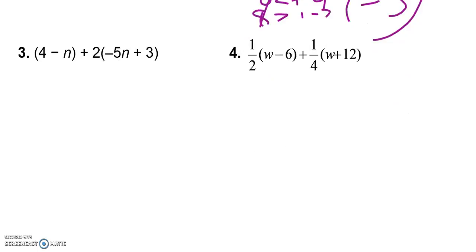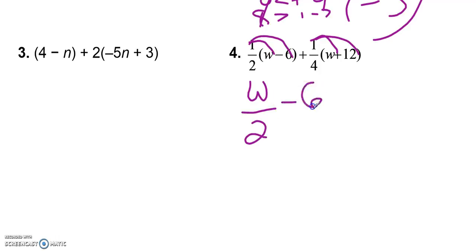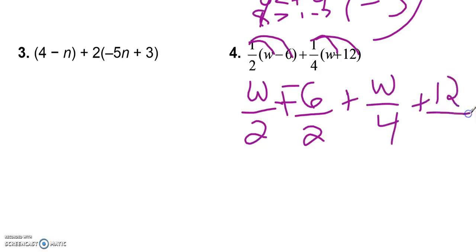Okay, 1/2 times w, because we're going to have to distribute. So, 1/2 times w gives me w over 2, and then minus 6 over 2. But I'm going to add up, just so I don't forget. And then plus w over 4, and plus 12 over 4. Okay, so I'm going to do this horizontally, so I'm just going to rewrite them